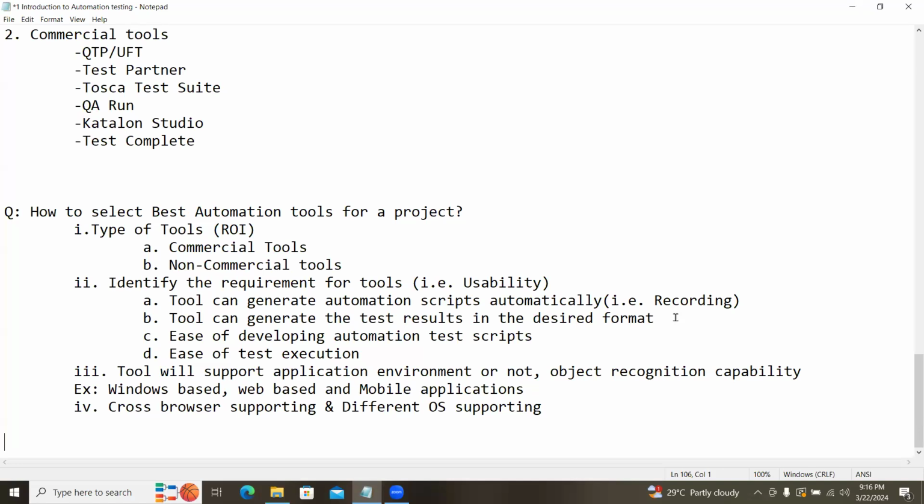Okay. Then, is it clear, everyone? Any doubts up to here? Okay. Now,